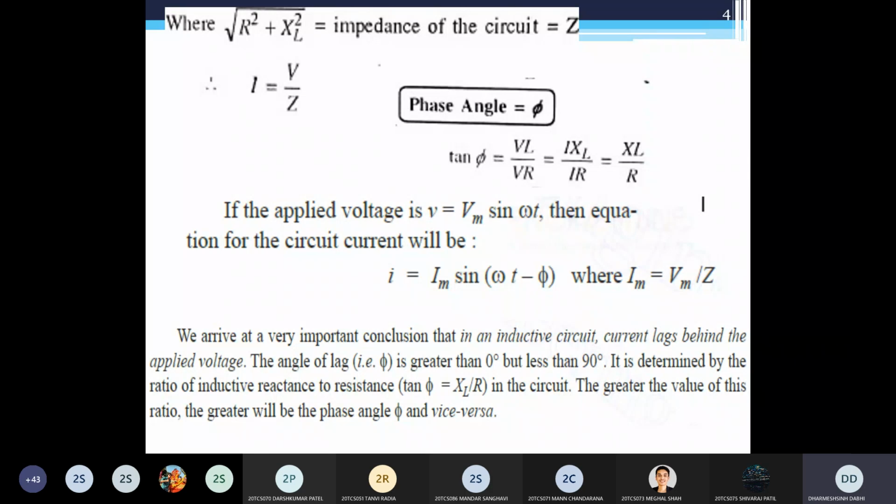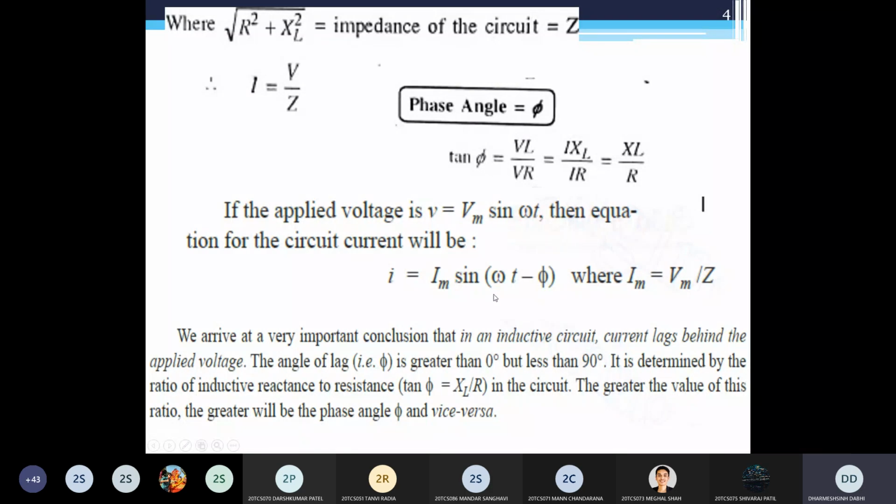Now, what is the equation of instantaneous power? How to derive the instantaneous power equation for this series RL circuit? As you know, instantaneous power we represent by the small letter p. p is equal to what? Voltage into current. Simple. Clear? So the supply voltage v is equal to Vm sin omega t. You can see here it is given. Now we already know the current, i is equal to Im sin omega t minus phi.